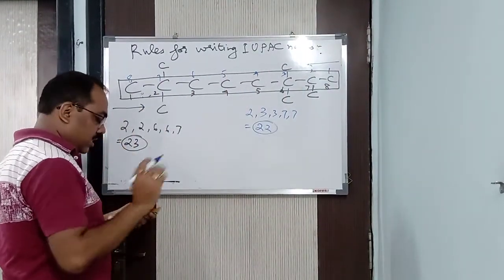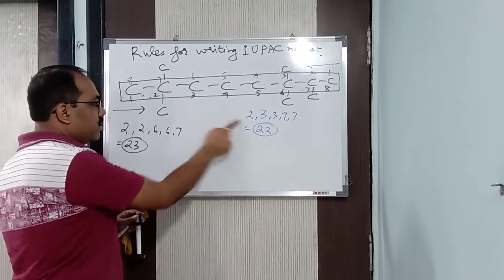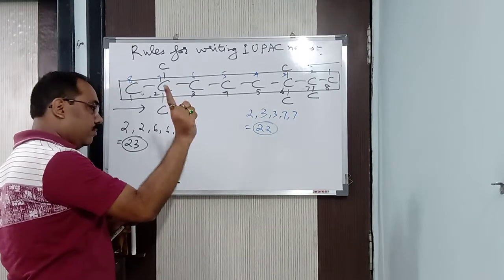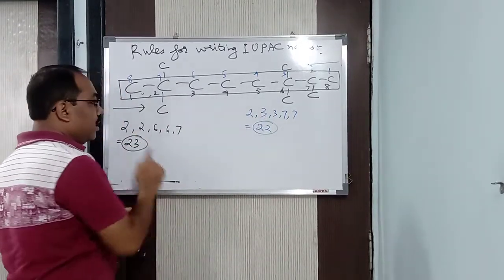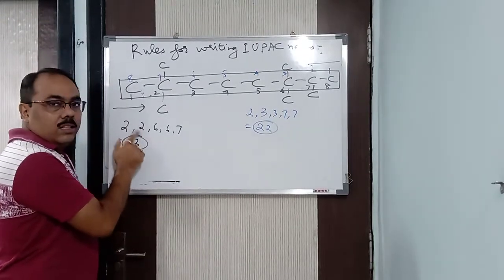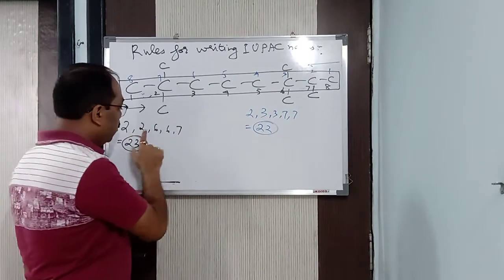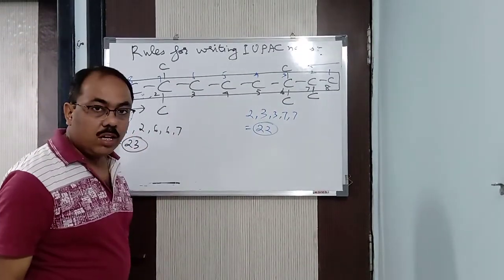Okay, wait. Let us compare it with the first point of difference rule. This is 2 and this is 2. First one is okay, same. This is 2 and this is 3. Tell me children, which is smaller? This is smaller. So 2 and 3. Which is smaller than this one? So from which side should I do the counting?